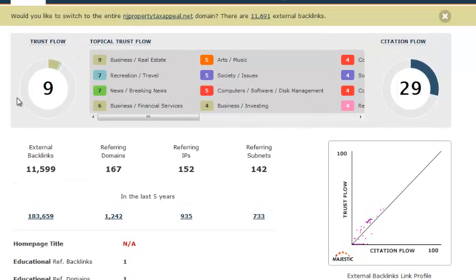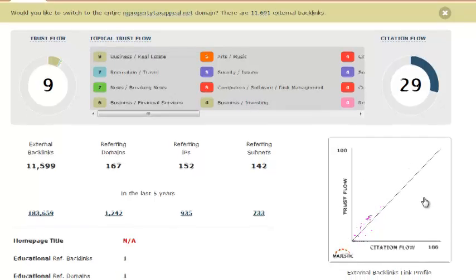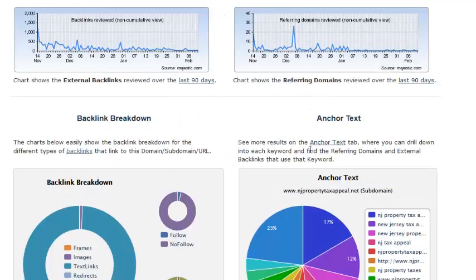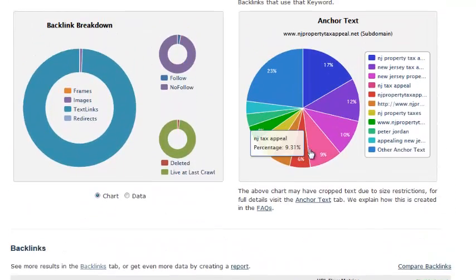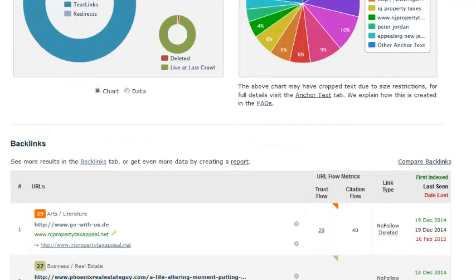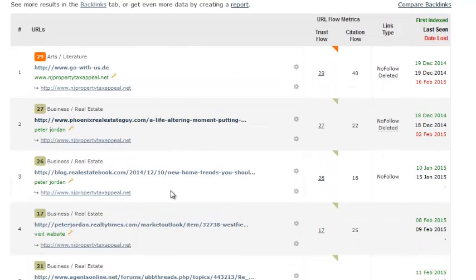I mean, even though this is showing 9 as the trust flow and this is showing 29 as a citation flow, this actually tells you so much more. So this is a great graph to go by with Majestic SEO. So this website's doing well with whatever it's doing for backlinking. Obviously, it's doing it in bulk, but it's doing it consistently. So I can't see there being any issues with your backlinks